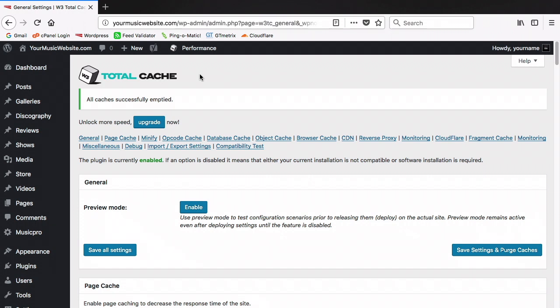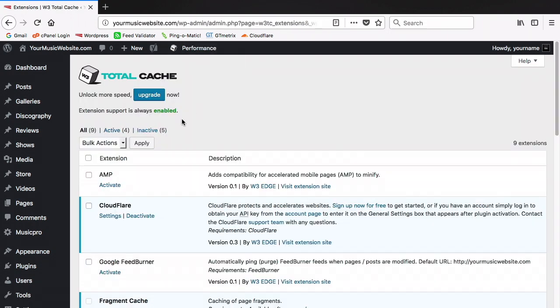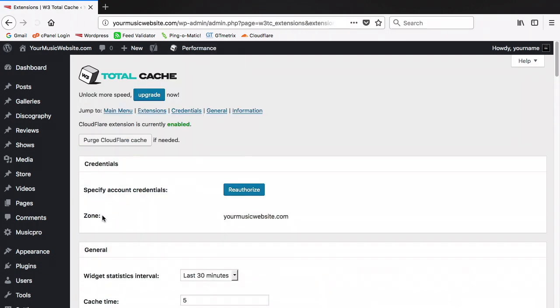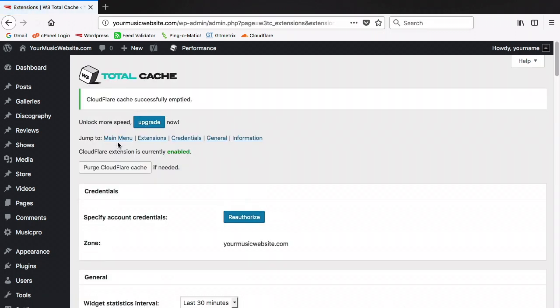Start by trying a simple screen refresh, but if that doesn't do the trick, you might have forgotten to purge the cache. If you've done that and still can't see your new content, it might be stuck on the old Cloudflare snapshot. Go back to Manage Extensions, open those settings again, and then use the button to purge the Cloudflare cache. Clearing your caches can sometimes take 15 or 20 seconds to complete, maybe even longer, so be patient. Wait until you see a message at the top confirming that it's been successfully emptied before you log out and check your